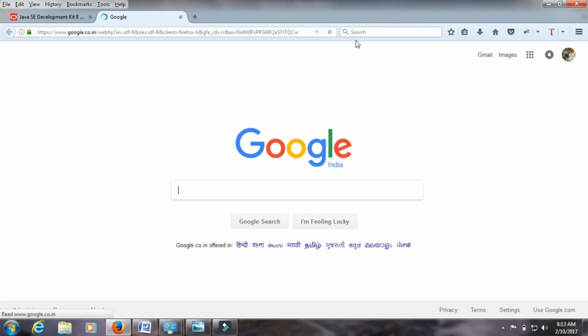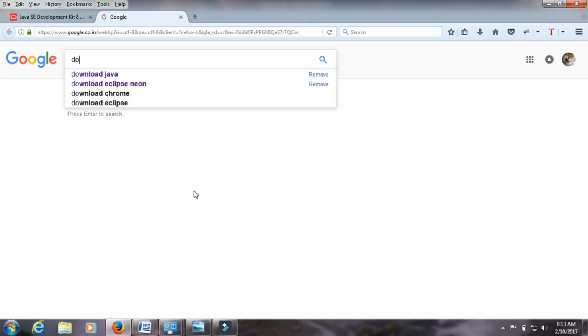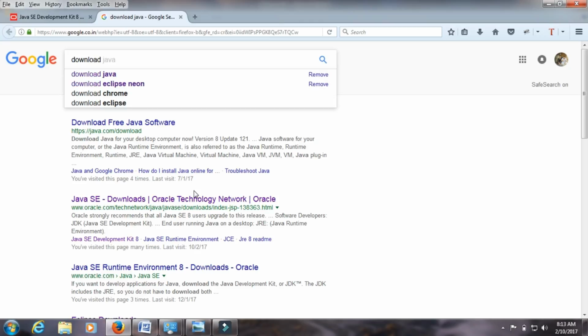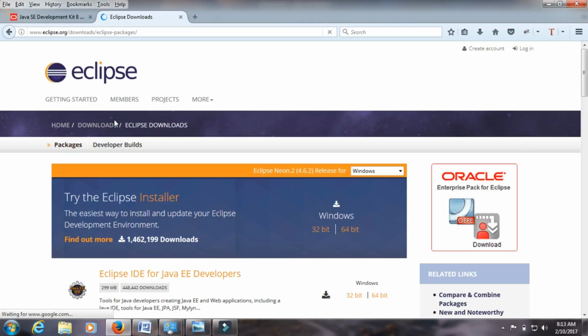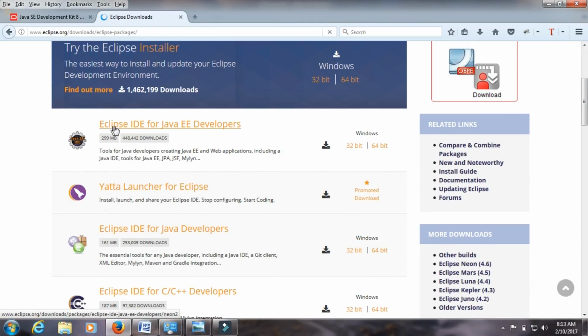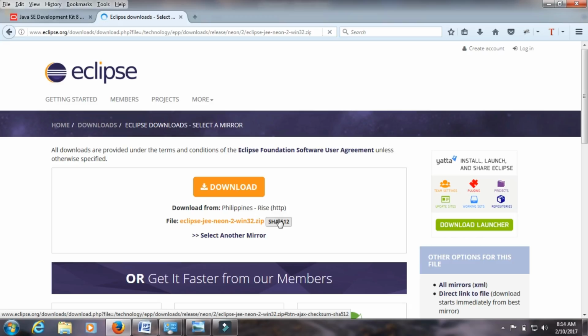We have to go to Eclipse. Download Eclipse Neon, because Neon is the latest version. Click over there. Go to Eclipse IDE for Java EE Developers. Here both versions are there, for 32-bit and 64-bit. My operating system is 32-bit, so I will click over there and download it and install it in my system.